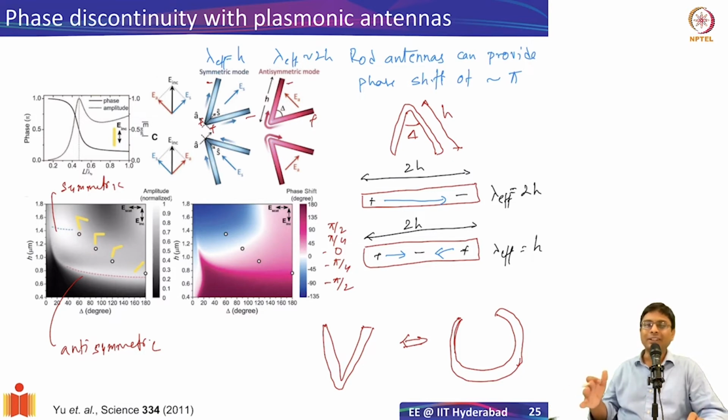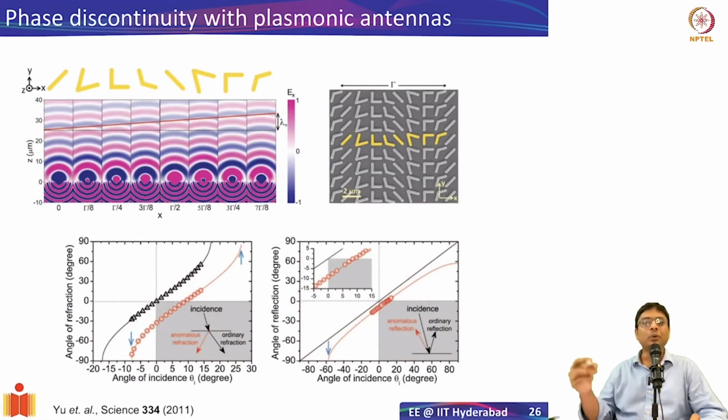So basically, as you see, it's all interlinked, what we studied in the past and now. All right. So what Kapas's group did was, they took these structures. We only saw 4 of them, but essentially you can take the mirror images of that. So you can get an entire 0 to 2 pi phase. So they arranged these antennas in a unit cell. Okay. And that's what is shown here.